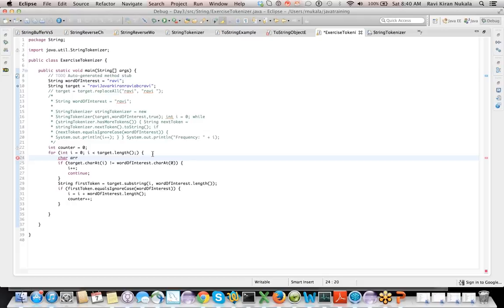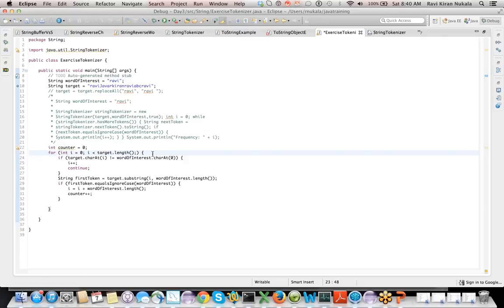Character array. Before I do all that, are you guys following so far what I'm doing? Everyone? Yes. Okay, fine. So now what I want to do is make it more foolproof, because this is still not the good solution yet.